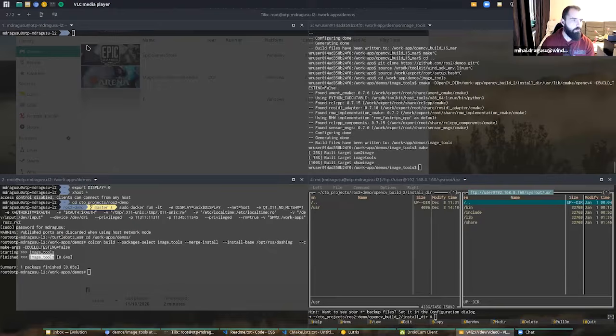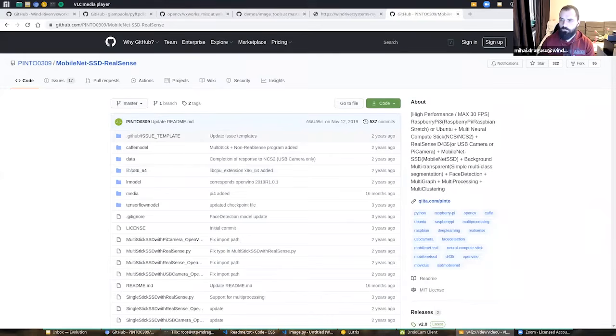For the object detection part, I picked up something very basic. It's called MobileNet SSD. You can get that from GitHub or various other places. I can share with you the exact page right now. So it's this one, right? And all I've done is download the MobileNet SSD model from there